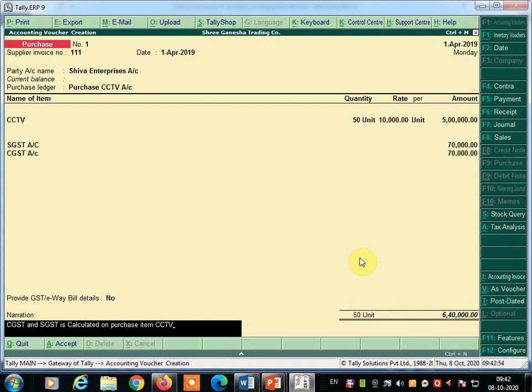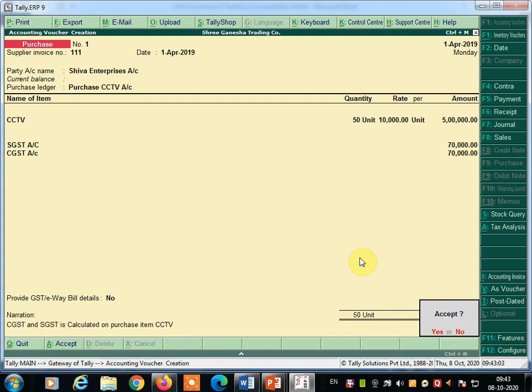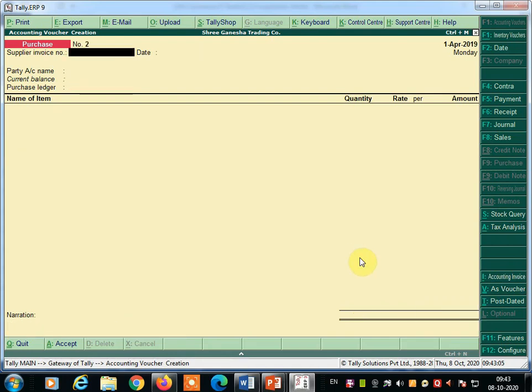Okay, and press the enter key. Once you press the enter key, your purchase voucher is ready. Press enter. Okay, now this is the purchase voucher we calculated with the GST, the state goods and service tax, and the central goods and service tax.